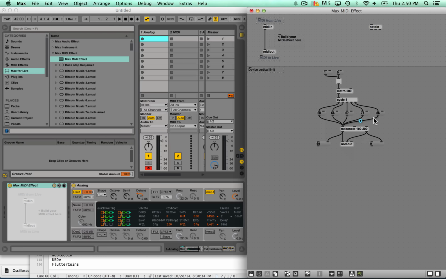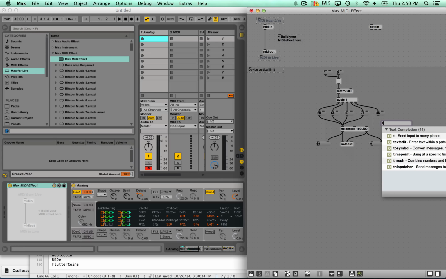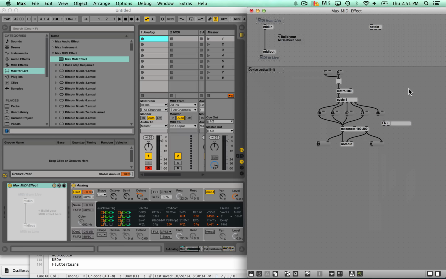A good thing to get into is using things called triggers. So if I create a new object and I call it trigger, which is just a T, because I want to split the output of this into 2 separate things. I want it to send the actual value, which is 86, over here, and I want it to send a bang up to here. So we do this by going T, bang, I. I stands for integer. So it's going to create 2 outlets for us, a bang and an integer. And an integer will take the input and feed the number that it receives out this outlet over here,